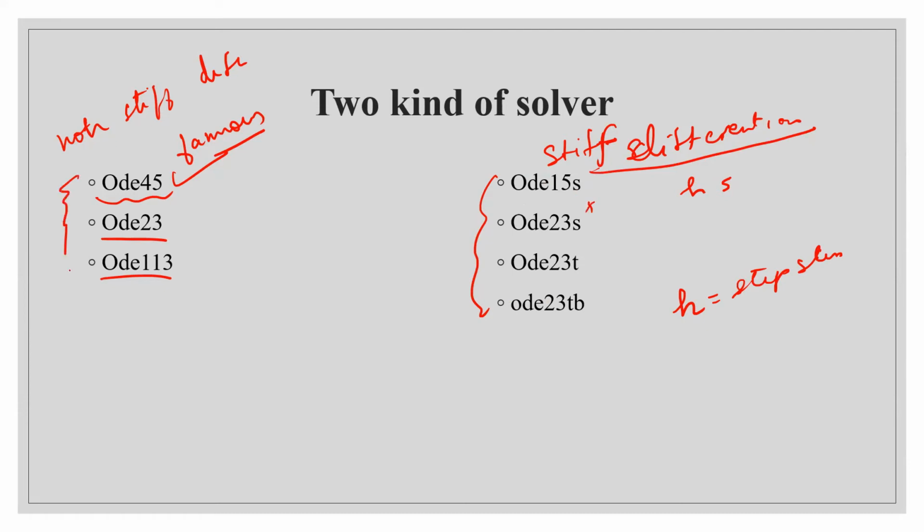We will just use the non-stiff differential equation solver, because our ODEs are non-stiff. And in this, ODE45 gives the most accurate result, and it uses the Runge-Kutta fourth order method with adaptive h, meaning h is not fixed. MATLAB intelligently selects the value of h. Even if you do not provide the value of h, MATLAB intelligently selects its own value of h and will provide you the answer. I will show you everything in MATLAB.